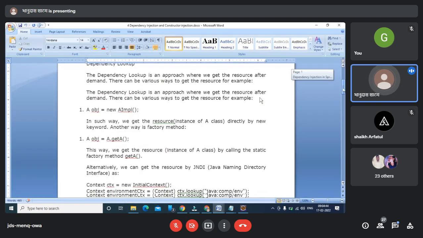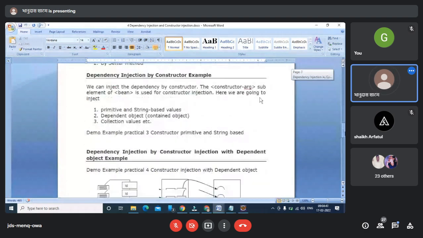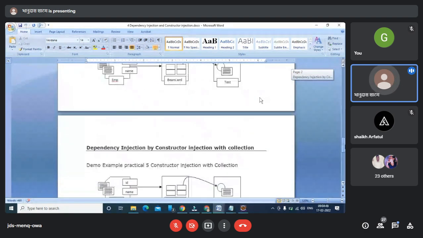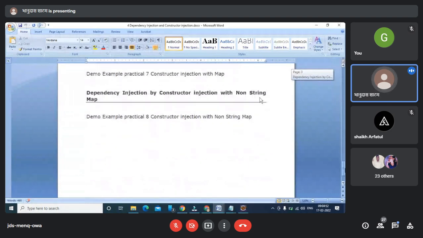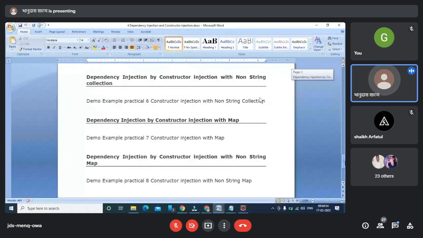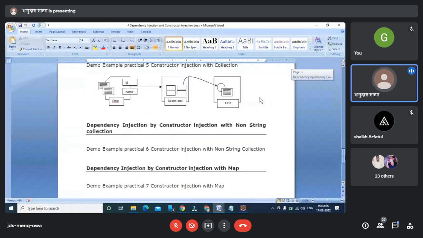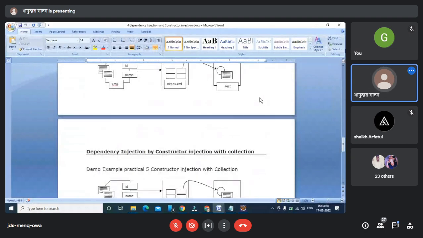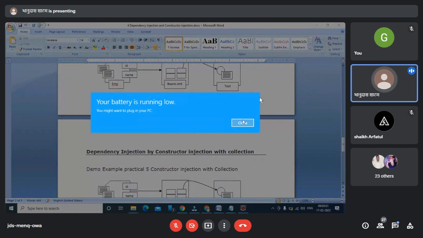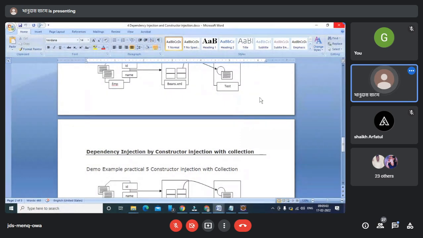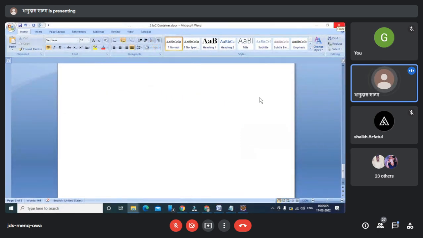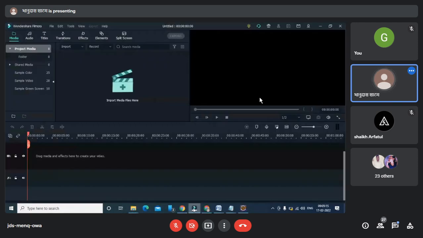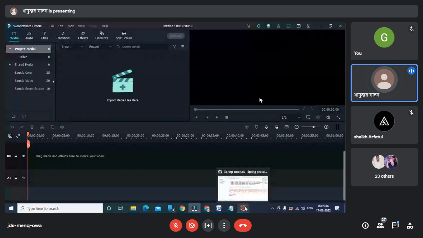This is practical number 1, 2, 3, 4, 5, which contain mapping and listing. Whatever mapping and application practicals you did in Java, we will repeat the same in Spring. I'm stopping here. Thanks for listening. We will complete this practical in the next class.